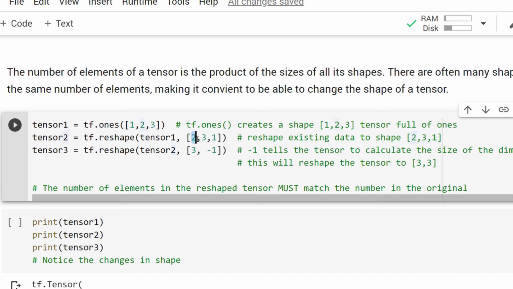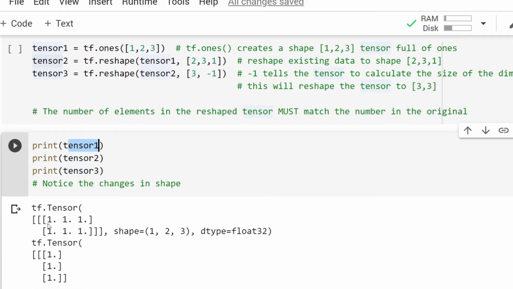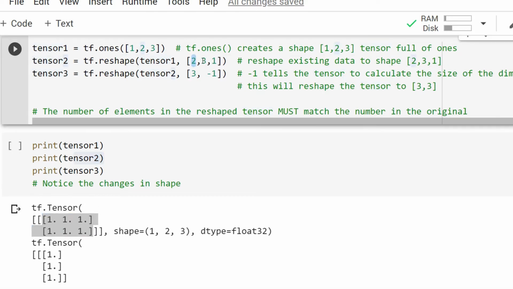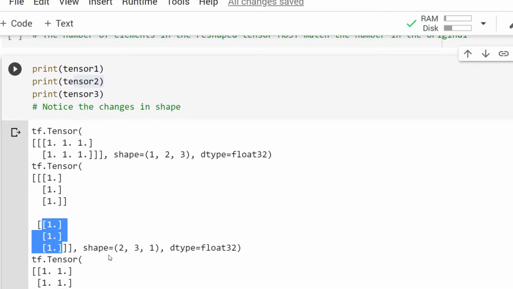I want two matrices of size 3 by 1. Now let's first visualize tensor 1 and tensor 2. Print tensor 1. It means a single 2 by 3 matrix. Tensor 2 is 2 matrices of 3 by 1. So 3 by 1, 3 by 1. So this is 2, 3, 1.